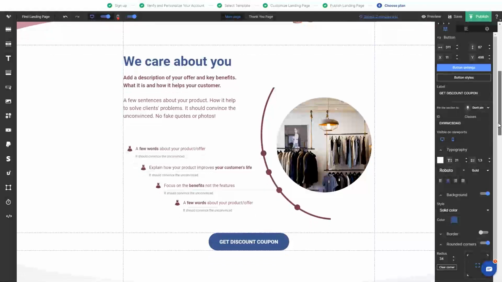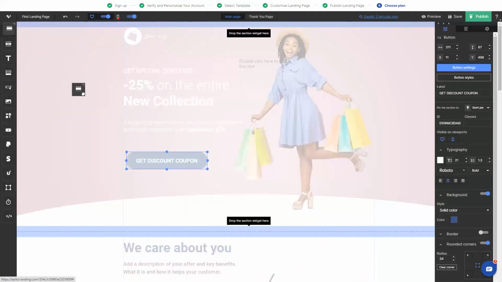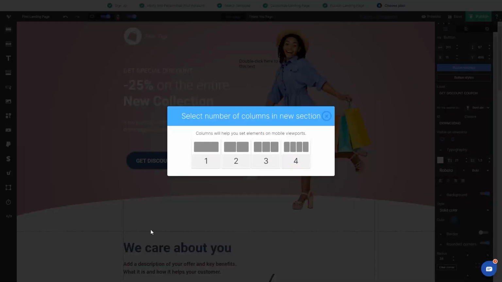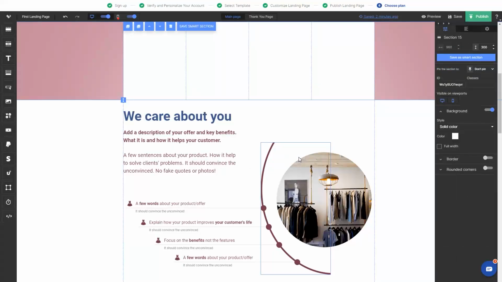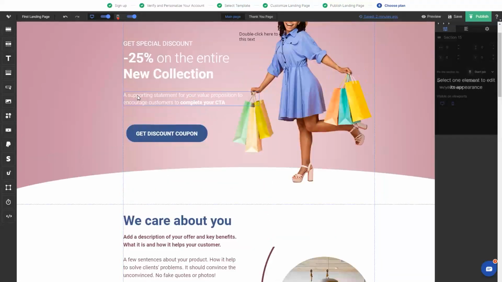Any section can be also moved to the top, to the bottom, duplicated, or deleted. If there is a need, you can also add a new section by dragging and dropping it from the left-hand side widgets. As I mentioned before, the templates are fully editable, which means that you can change the background of